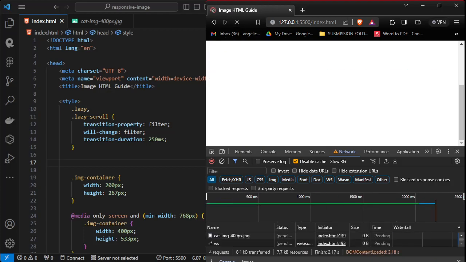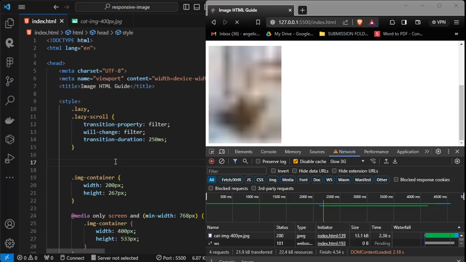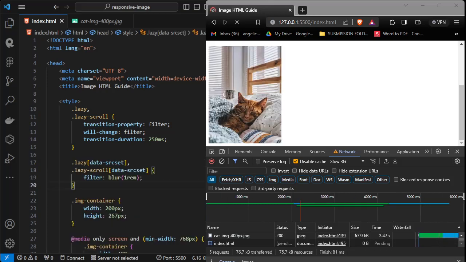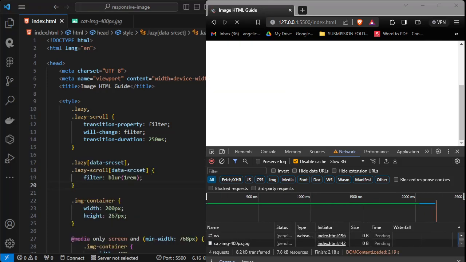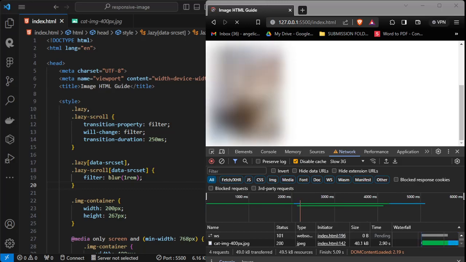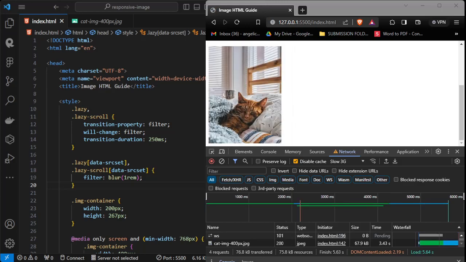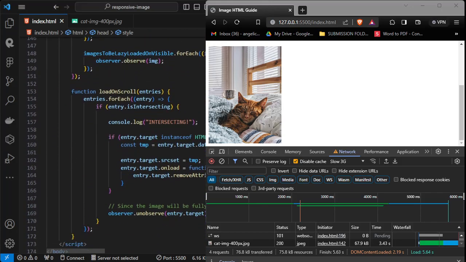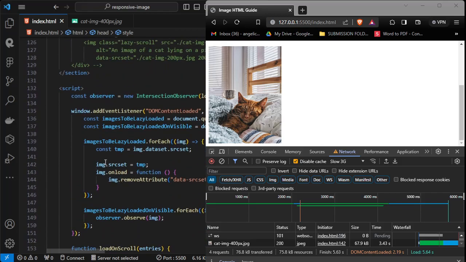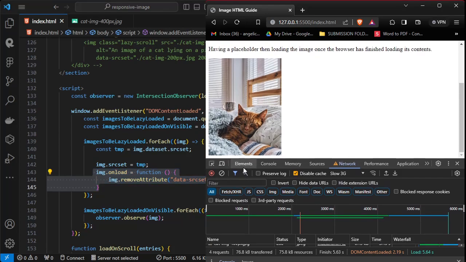So we can make it smaller actually, since we are going to apply the filter of blur just to make it more elegant and more appealing to the eyes, as you can see. So it looks like it's just being covered by a filter of blur, which it is. And then what we're just doing, whenever the image has loaded, because once we append the source set, and since